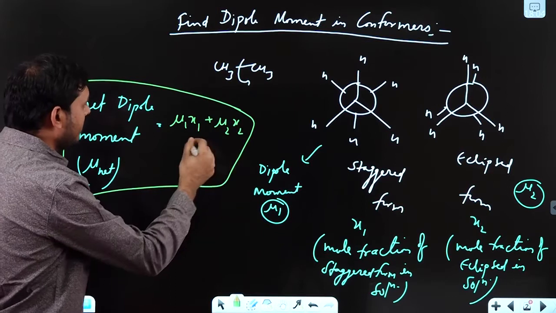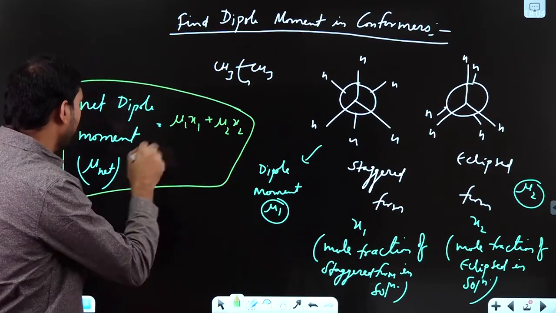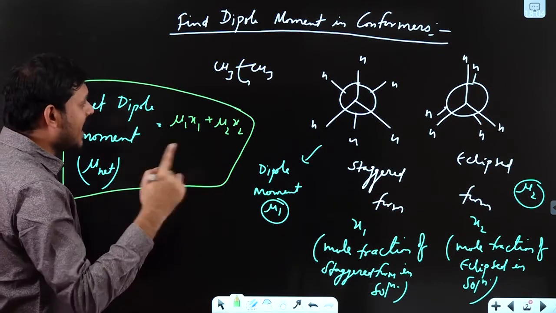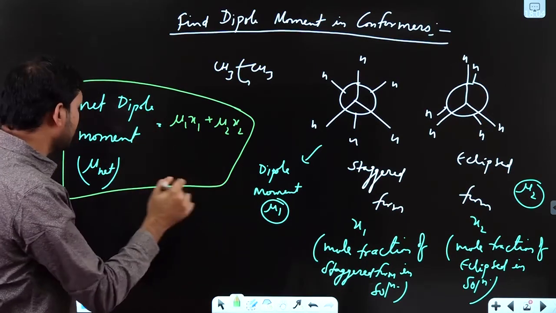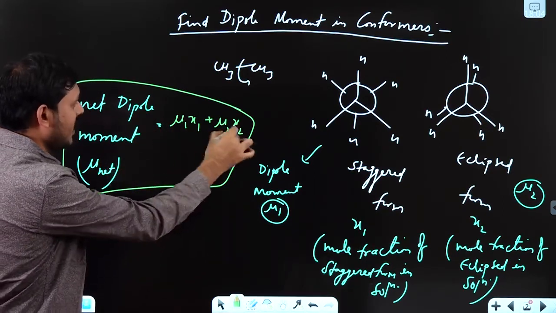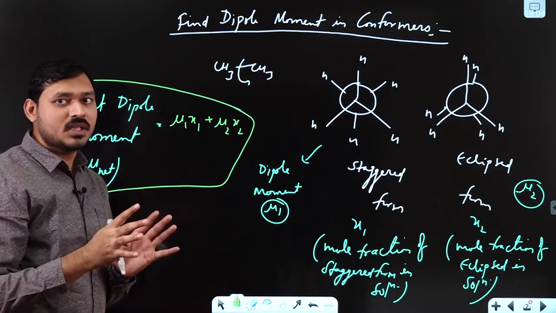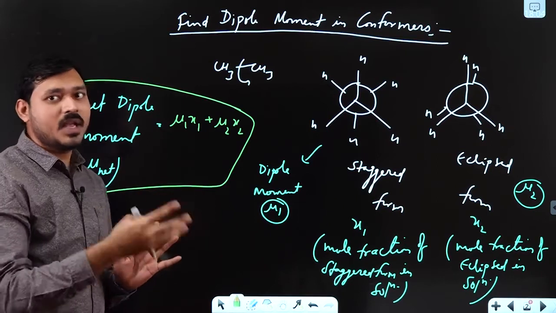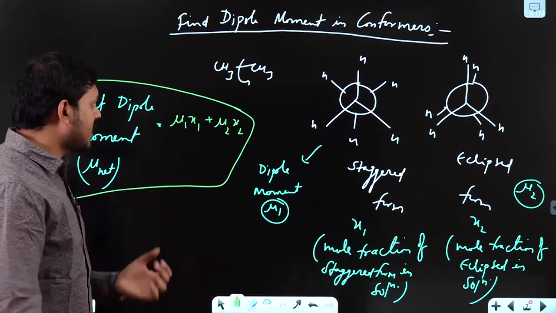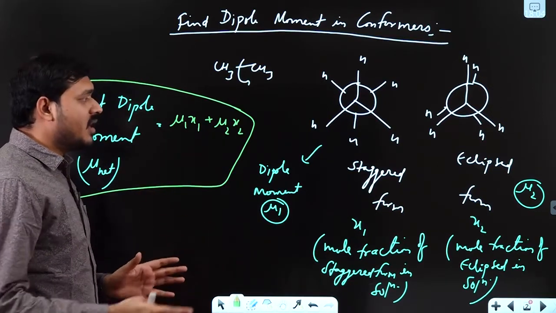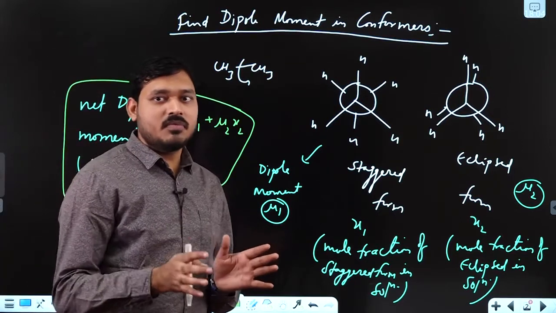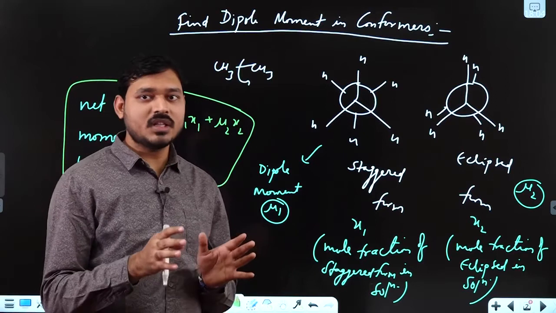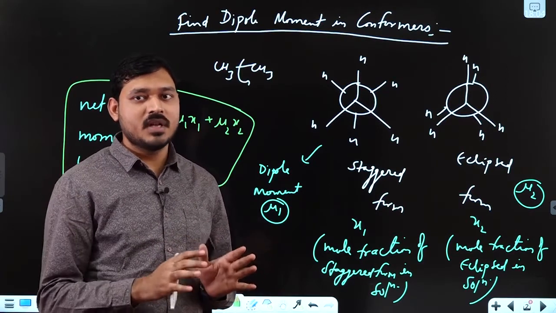Any of the following four entities can be asked. You may be given mu net or you may be asked mu net. In that case, you are having 5 variables: mu net, mu1, mu2, x1 and x2. Out of these 5 variables, you must be given 4 and 1 will be asked. Now in such cases what happens? Sometimes it is said that only stable forms will be available in the solution. So in that case you can understand that there will be availability of only staggered form,